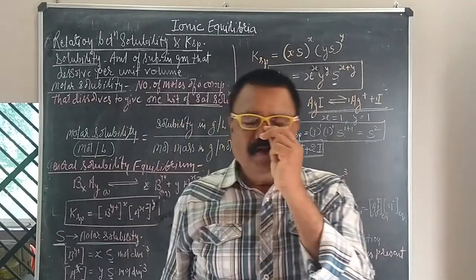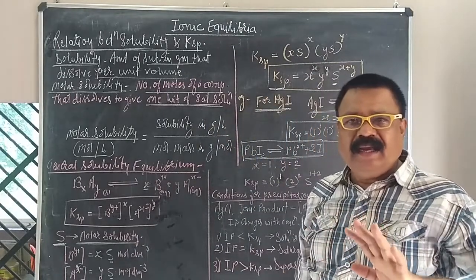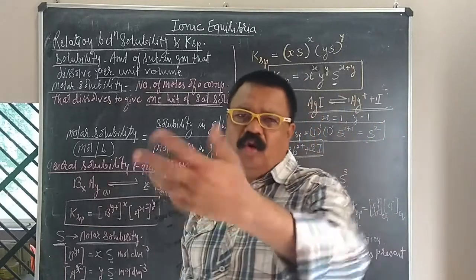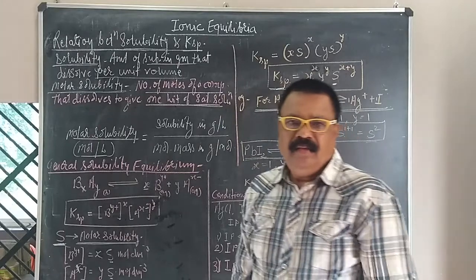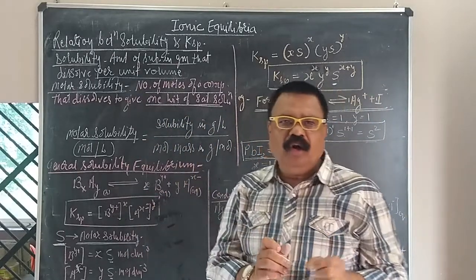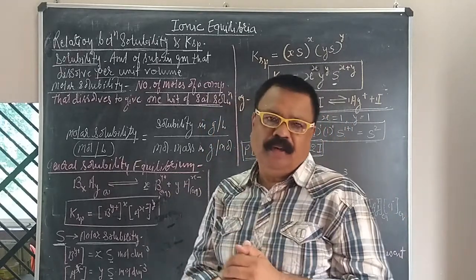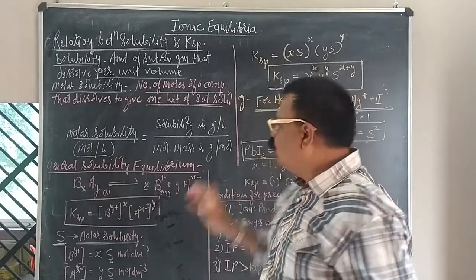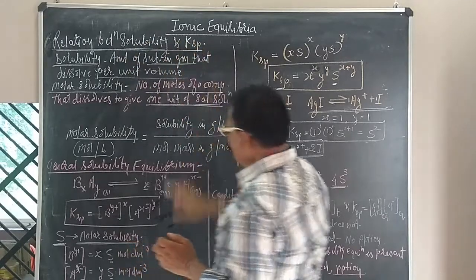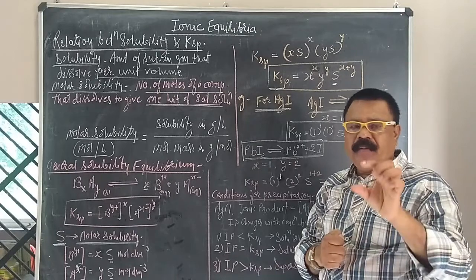In this manner we solve the various examples. हम लोग इस तरीके से अलग-अलग एग्जांपल्स, अलग-अलग जो रिलेशन होता है वो रिलेशन हम लोग यहाँ पे दे सकते हैं जो कि हम लोग न्यूमेरिकल्स के अंदर में लेने वाले हैं. We are taking the various examples over here and we are going to find out the value of the Ksp or solubility product and the solubility. Clear? समझ में आ रही है? So this is the very simple term. First we have taken here the solubility and the relation between the solubility and the solubility product. Clear? Now I am coming on the last part.